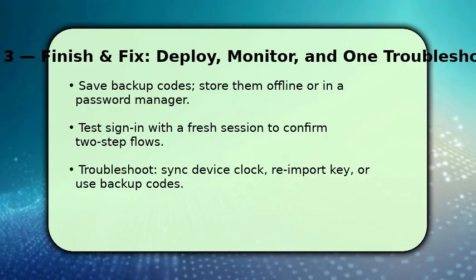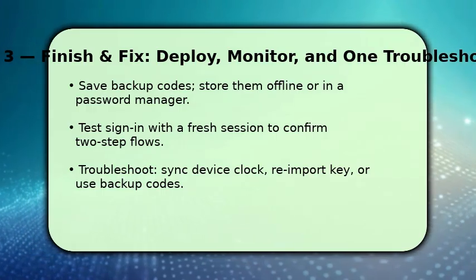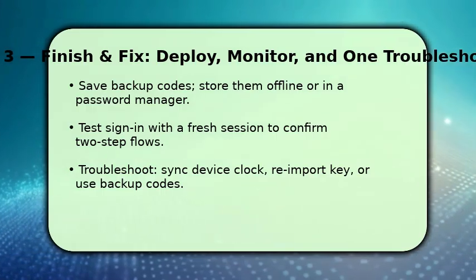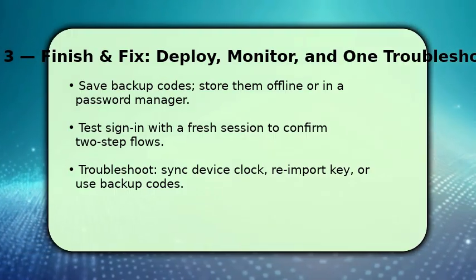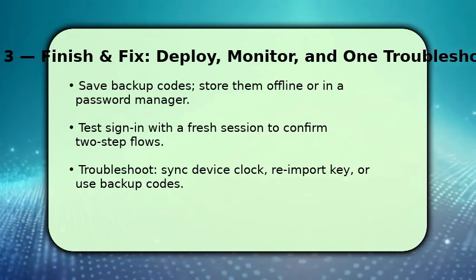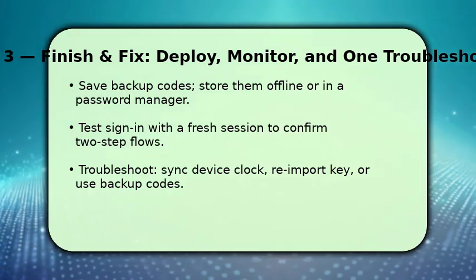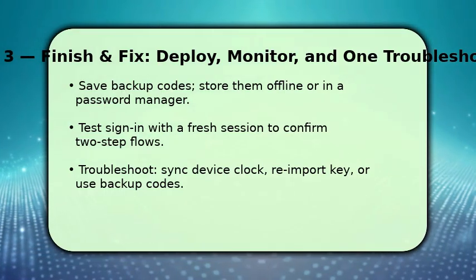If something goes wrong, first check device clock synchronization. Time drift is the most common cause. Then re-import the secret key or use a backup code to regain access. If needed, revoke the old Authenticator and repeat setup. Make sure you retain at least one recovery